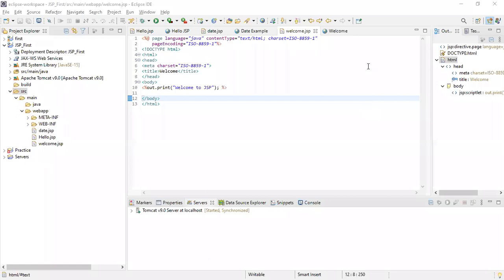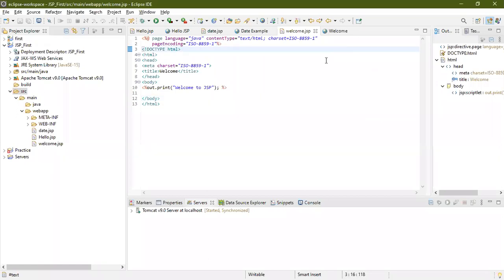So see, by default we have different types of character sets, right? UTF character set is there. ISO standard character sets will be there for the characters that you are using, like alphabets, or if you are using the ASCII character set. These are the basic standard character sets that you use in applications. So here we are using the ISO standard character set. That standard number is 8859-1. Okay, that is the character set and the page encoding that you are using.